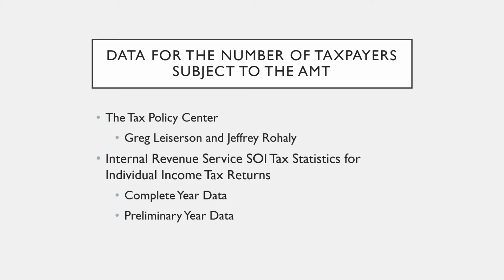So there, I got the data from 2009 through 2011, which represent estimates based on a sample of individual income tax returns filed between January and December of a given processing year. So that is considered complete year data. The data from 2012 through 2018 represent estimates of income and tax items based on a sample of individual income tax returns filed between January and late September of a given processing year. So that is considered to be preliminary year data.